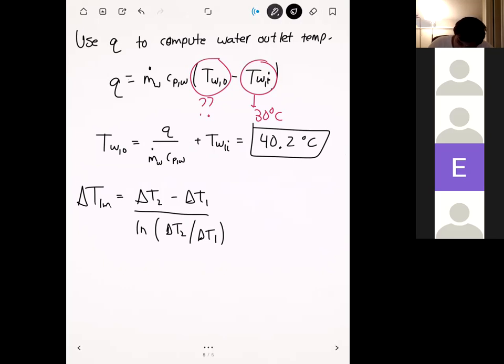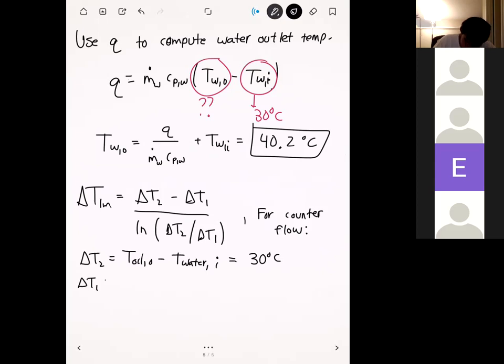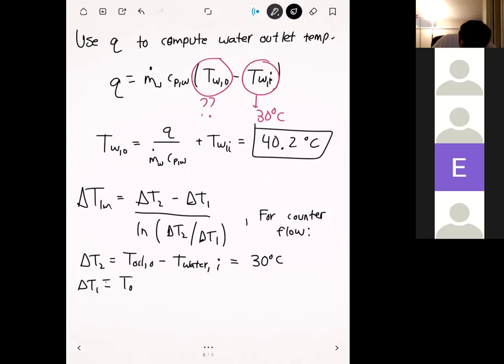So for counterflow, we have delta T2 is equal to T oil out minus T water in, okay? And so this is 30 degrees C. And delta T1 is going to be T oil in minus T water